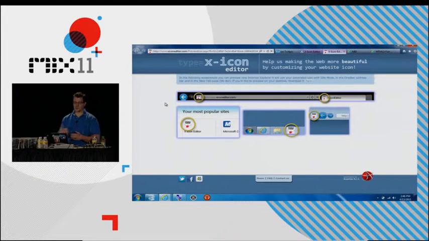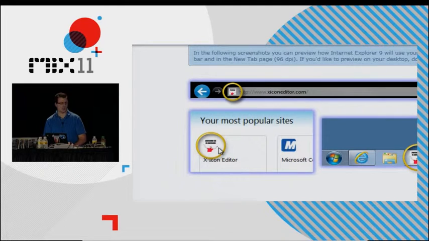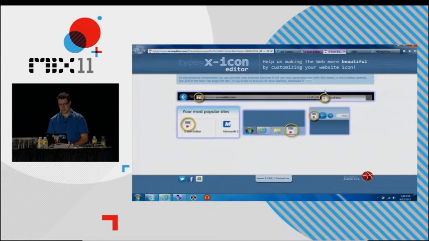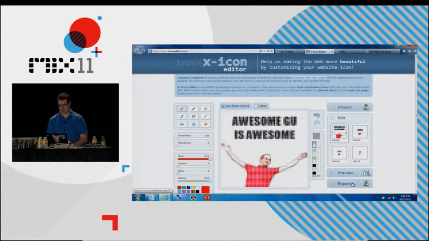But what this will do is, after you do the preview, this will show you what it will look like in IE9. So we'll do a dynamic rendering of what this will look like, not only in the address bar, but also in the new tab page that we have in IE9. For those of you who don't know, we have a new tab page in IE9, and it leverages those fave icons as part of that experience. And then, as the final step, you can go ahead and export, and it will automatically generate the ICO